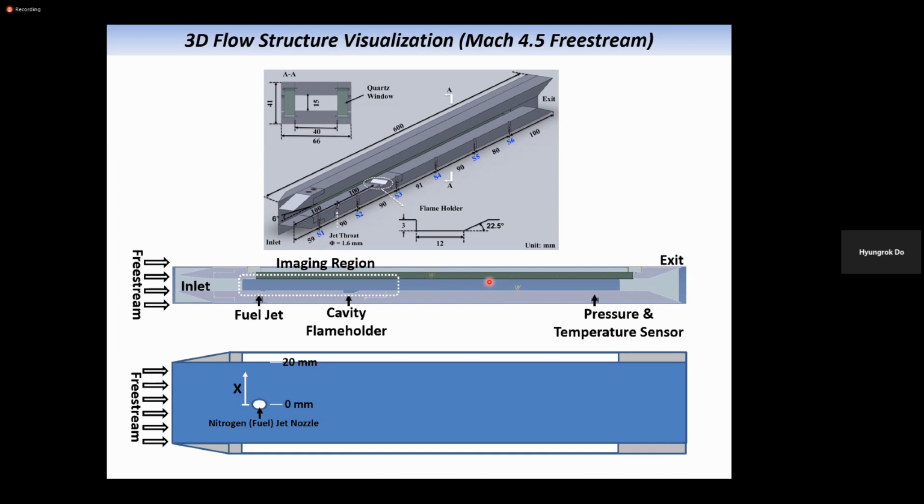But for two-dimensional or three-dimensional measurement, you will need a larger optical access window. Okay? So this optical access window is required for confined experiments. If you're doing a very basic fundamental experiment, like atmospheric conditions with candles or small burners without confinement, then your optical measurement becomes much simpler